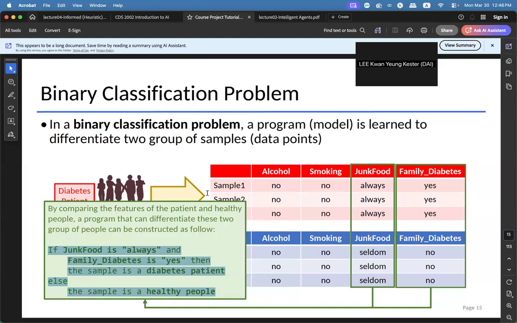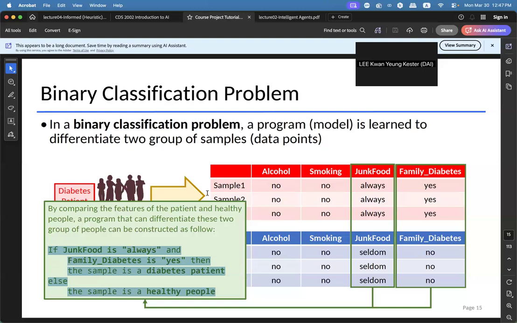That is why many people would consider this problem to have one more attribute in these two groups of patients, and this extra attribute is the class attribute, or the label.